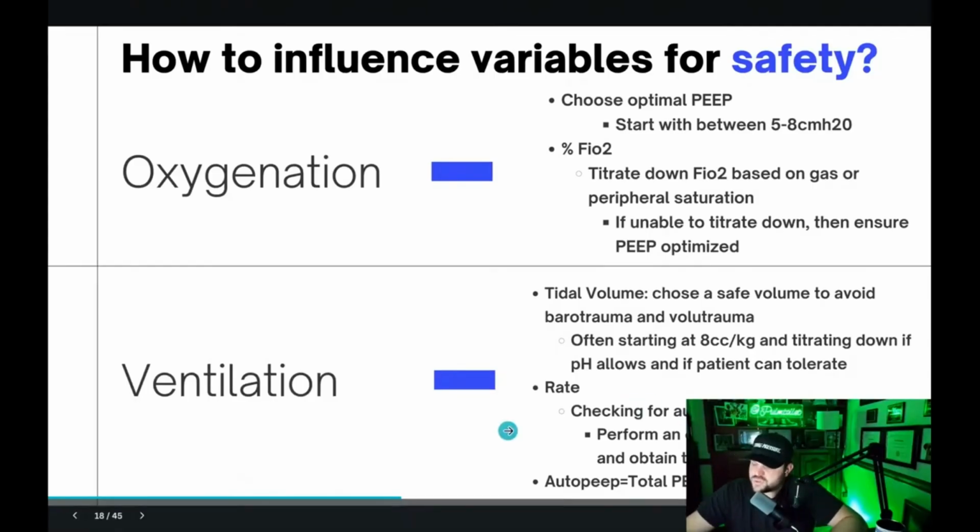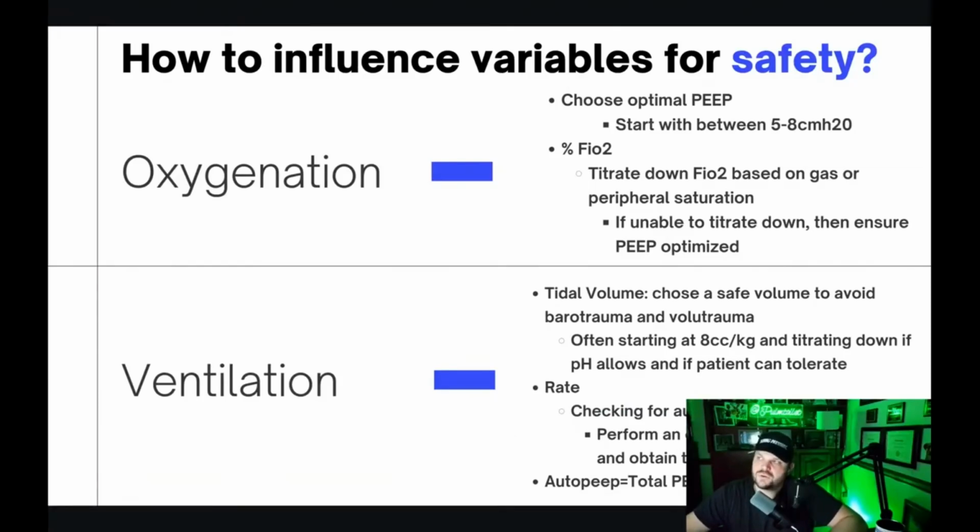If your rate, so you need to set your rate not so high that you cause auto PEEP. Now, we can figure out that number that's going to cause auto PEEP. That's sort of this idea of the time constant that I've gone over before. I think most of the time we just sort of set it somewhere between 12 and 20. Most people wind up on something like a rate of 15 or 16 or 18, something in that range. If the patient's really acidotic and I think they need more minute ventilation, I'll go up to something like 20. But even with normal lungs, it gets really hard to go above 20 without causing auto PEEP because